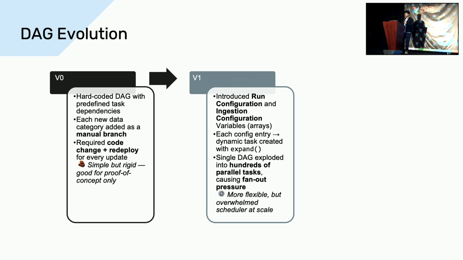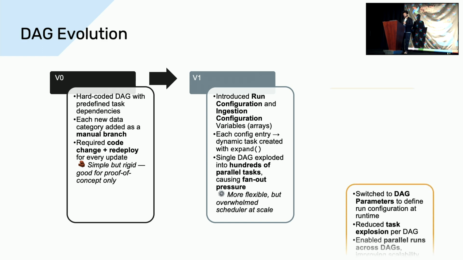Then we introduced configuration based on Airflow variables. So you could define a variable, read that variable in the DAG, and have the same definition. It would dynamically create that DAG, create a DAG run and process the pipeline. But then a developer, researcher or pipeline user could try to process multiple configurations in just one file, which it was intended to do. So we ran into scale issues, with one DAG dynamically mapping into hundreds of thousands of tasks and